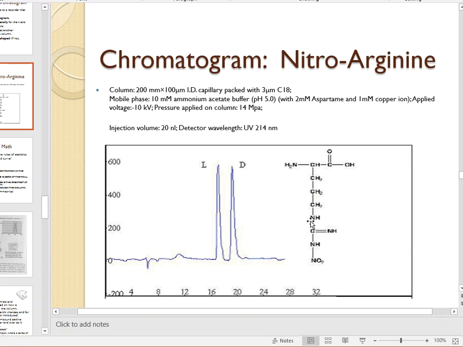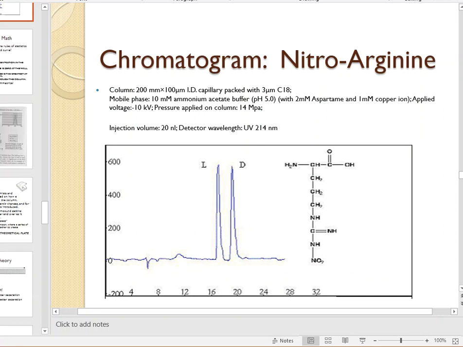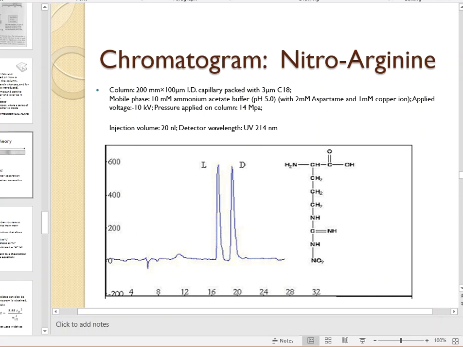One with a left-hand version and one with a right-hand version, right? So same number of nitrogens, same number of carbons, same number of hydrogens, same formula weight, most of the time same melting points and same boiling points. The physical and chemical characteristics are almost identical, except for the fact that one is the left-hand version and one is the right-hand version. And chromatograms have the power to even separate those very small differences from each other, which